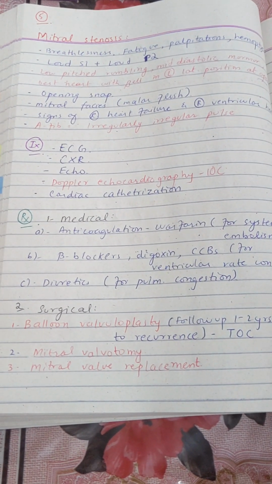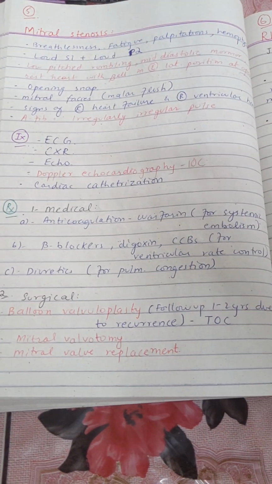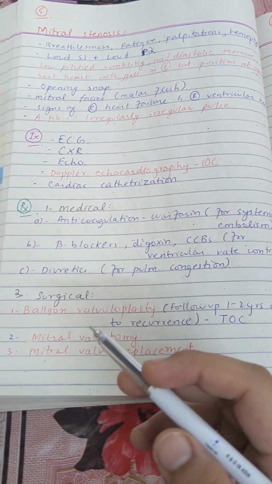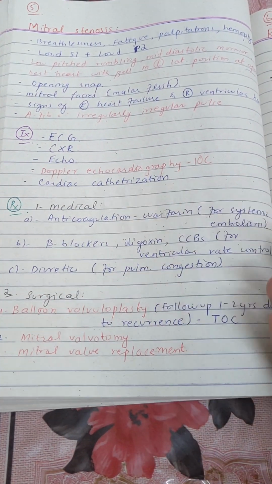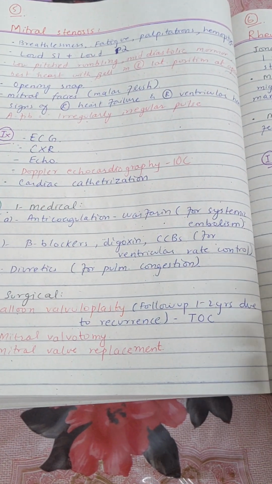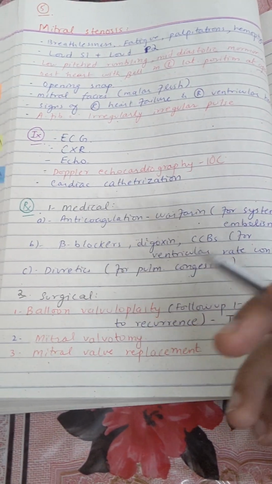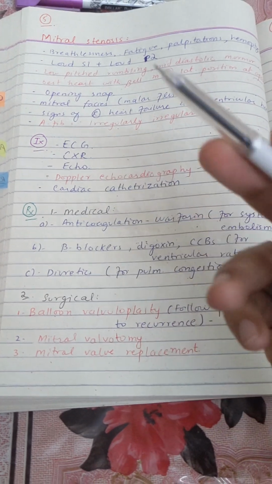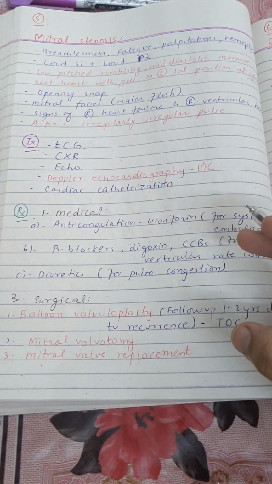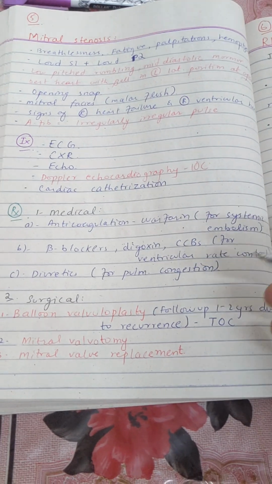And surgical treatment options will include valve repair in the form of balloon valvuloplasty, and balloon valvuloplasty is not a definitive repair, and this needs follow up 1 to 2 years afterwards due to recurrence. So when you do a balloon valvuloplasty for mitral stenosis, there are chances of recurrence. So because of that you also do a follow up after 1 to 2 years,